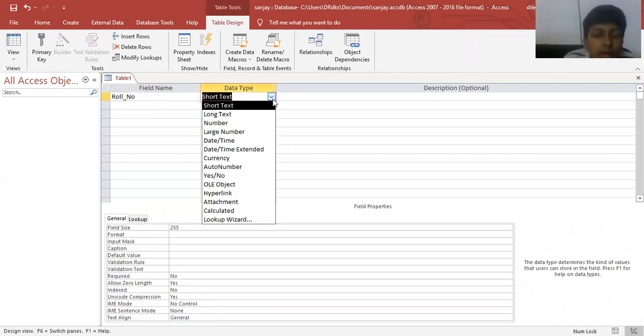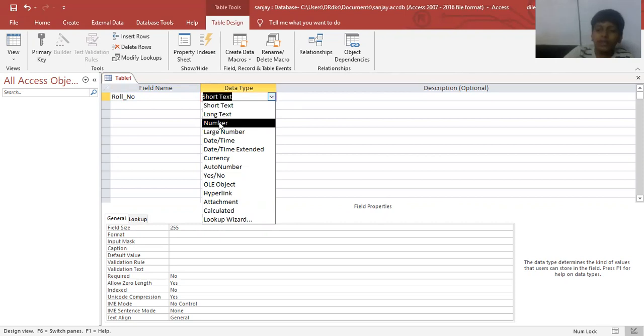There are so many data types available there, so we have to define the data type. There is a short text. If you want to write a few words of text, just go for the short text. And if you have a huge amount of text to type, for example the address of a particular student, then you go for the long text. Similarly, we use long text for the address, short text for the name, father's name and other things, and long text has more capacity to enter more text than the short text, right?